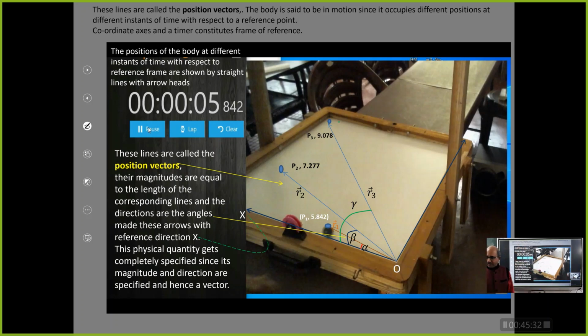Understand? So if you want to uniquely spot where the body is, then you have to specify both its magnitude and direction. That is the purpose of position vector. Hello, are you with me? So its purpose is that, its purpose is spotting. Okay. Now,